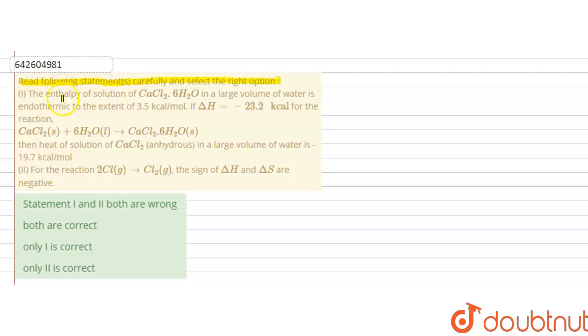Hello students, the question is: read the following statements and carefully select the right option. The first statement we are given is that the enthalpy of solution of CaCl2.6H2O in a large volume of water is endothermic to the extent of 3.5 kilocalorie per mole. And if ΔH is equal to minus 23.2 kilocalorie for the reaction CaCl2 solid plus 6H2O forming CaCl2.6H2O, then the heat of solution of CaCl2 anhydrous in a large volume of water is 98.7 kilocalorie per